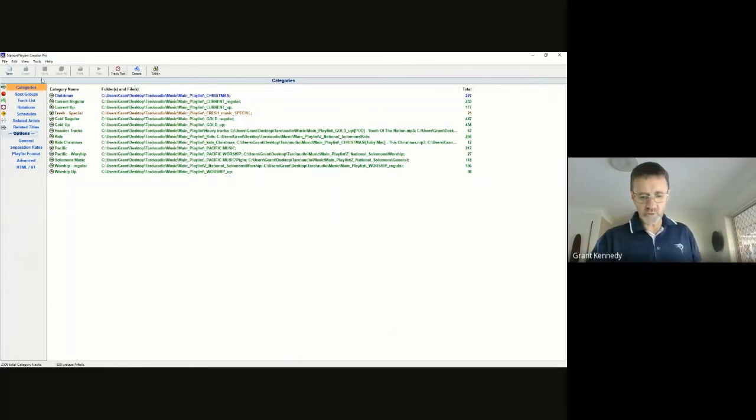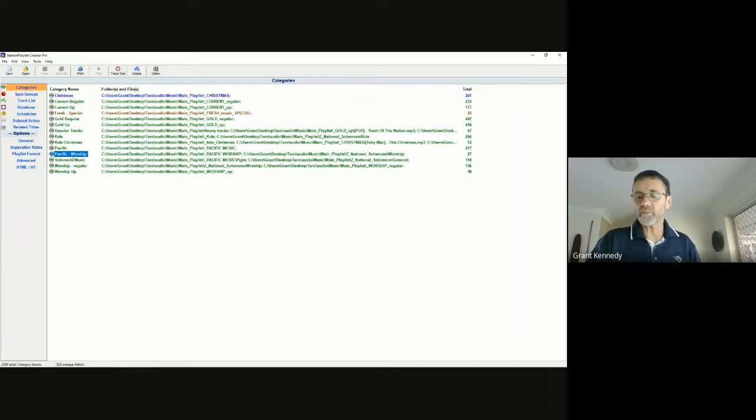So remember, we talked about the example on the screen. This is our categorization for a Pacific Island station. In this case, this is a radio station that is in the Solomon Islands. And you'll see that we actually have a Solomon's music category here. And we actually have a Pacific worship category, so that we get the Pacific sounding worship music.